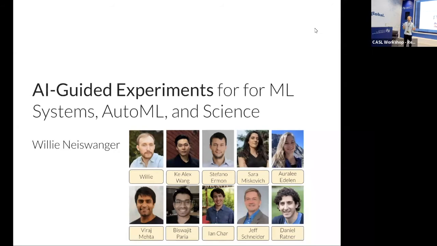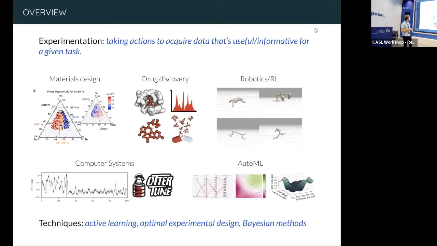As background, I'm a postdoc at Stanford, so this is with some of my collaborators at Stanford, as well as with some folks from CMU and some folks from National Lab, so the SLAC Accelerator National Laboratory that we work with. Okay, so experimentation. When I say experimentation, I view this as the process of taking actions to acquire data